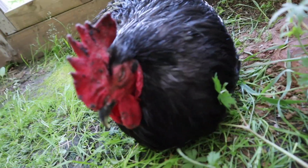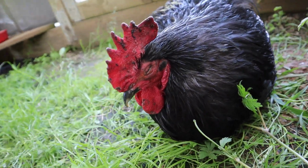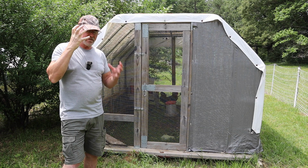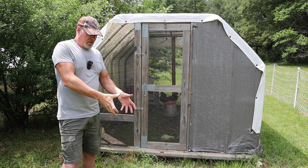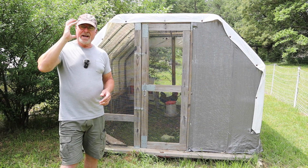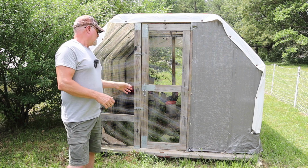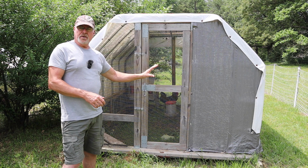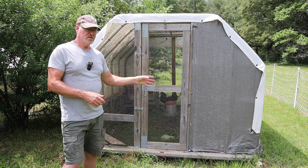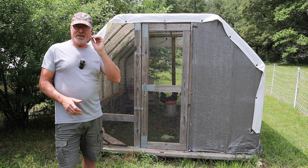Like I said, his eyes were swelled shut. I put water and food in here for him. The next day I checked up on him, and he was doing okay. His eyes were still pretty swelled up. I gave him some water and stuff to drink. The following day, the right eye opened up. He could see again, and he was kind of limping around, but he was able to get to his water and his food and everything. A few days, maybe the better part of a week, his left eye finally started to open,